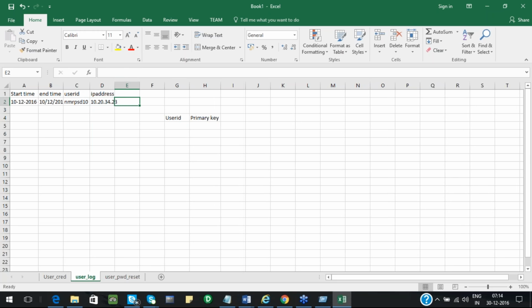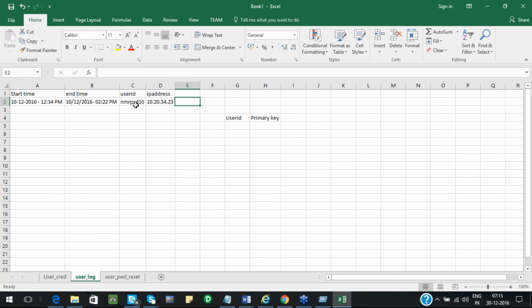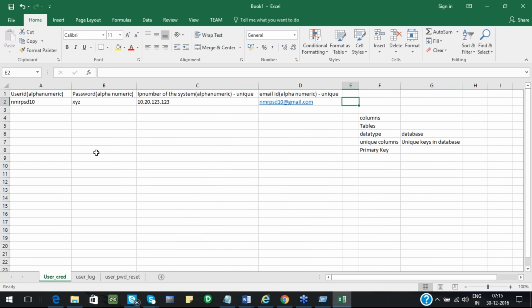Now, how am I relating whether this particular user ID is present or not? I'm just entering a vague value. How do I know whether this user ID is present in the other table, and whether he has the access rights to access this website or not? It should match with the user ID present in user credentials.